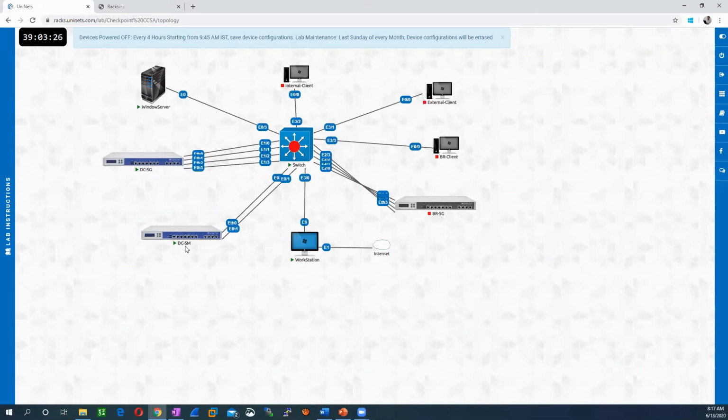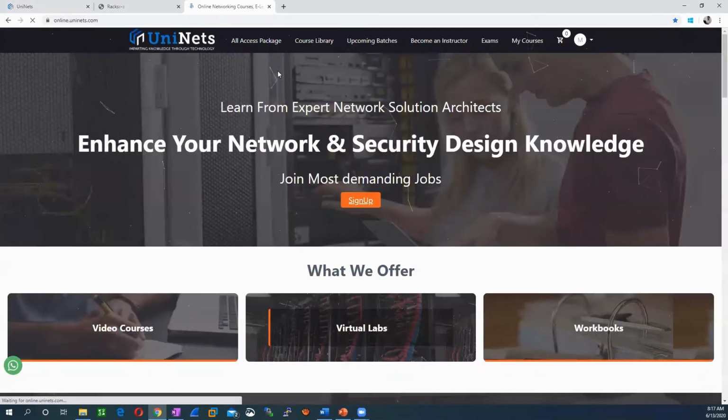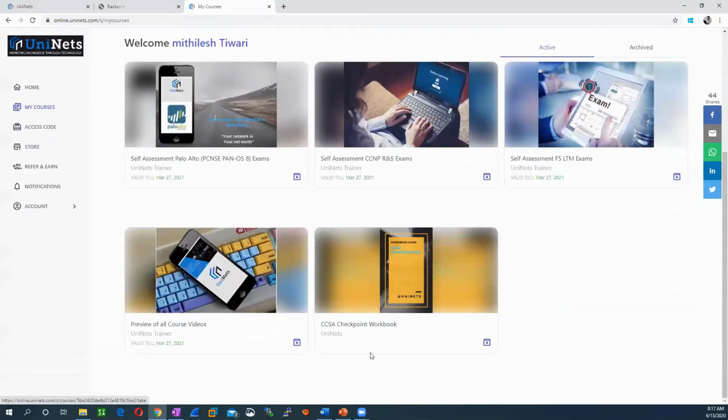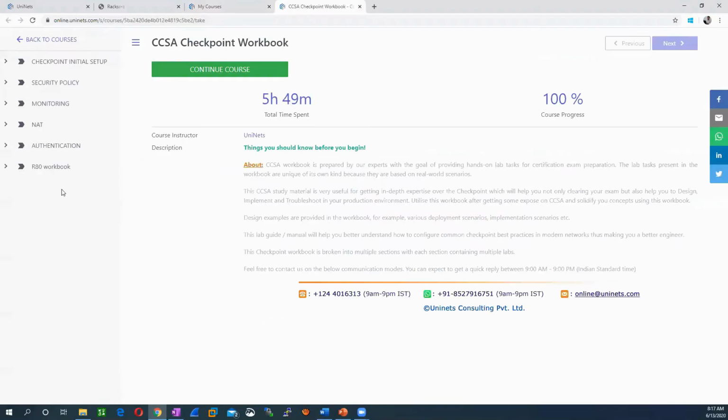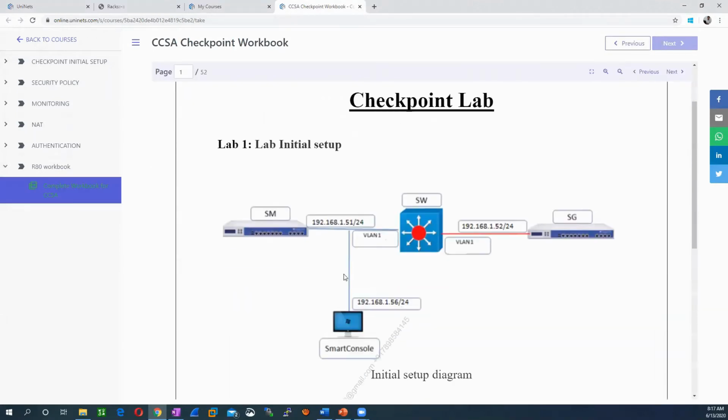If you want to configure the management server as per your workbook, this is Uninets Online. Just go here and log in, and you will be able to see your workbooks. If I go to the CCSA workbook, it is here, and let me see the first task.